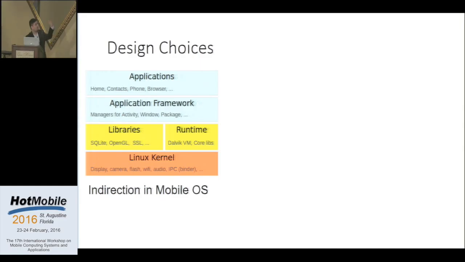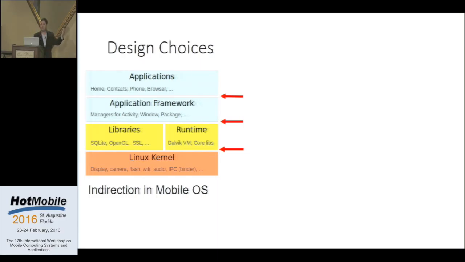We have a tall mobile OS stack. You can have an indirection at any of these layers to enable this app streaming functionality. At the Linux kernel level, you could be remoting pages. At the libraries or runtime level, you could be remoting Java heaps, and at the application framework layer is what we